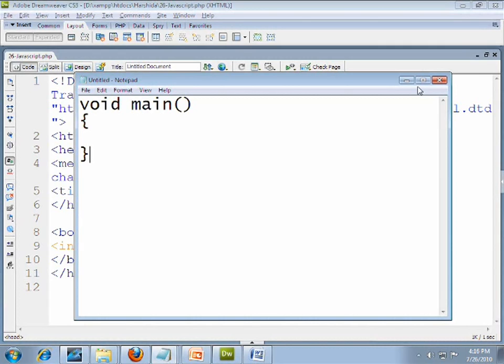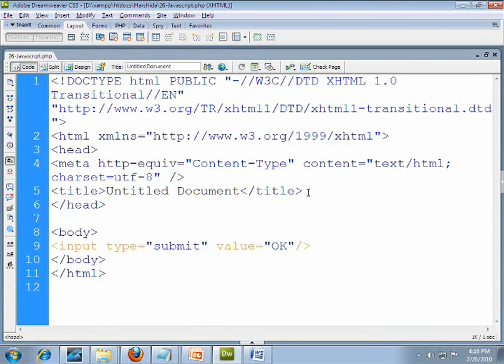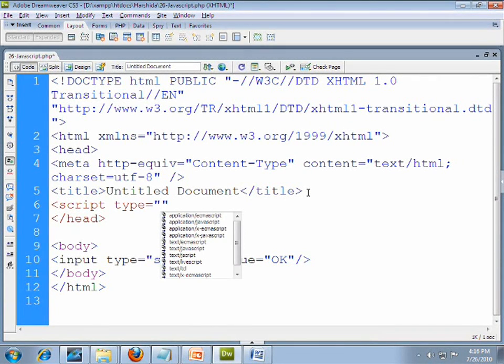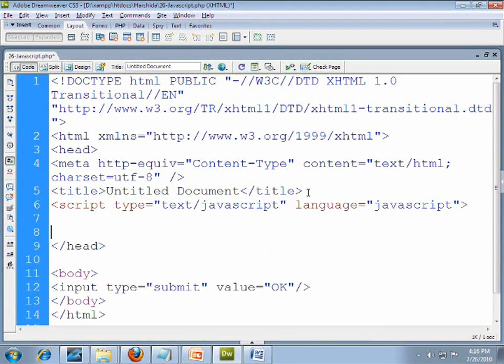In the same way in JavaScript, we write our JavaScript code after the title closing and before the head closing. So you specify your script, this is the JavaScript opening script. Specify your type as text/javascript, and language equal to JavaScript. This is your JavaScript opening and this is your JavaScript closing. In between these two, you are allowed to write your JavaScript functions.